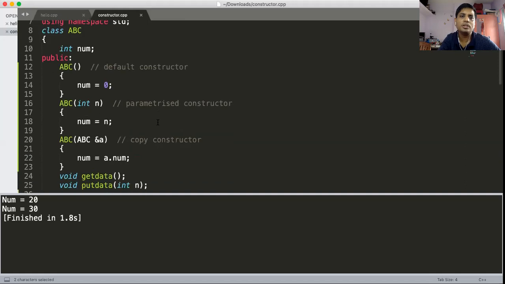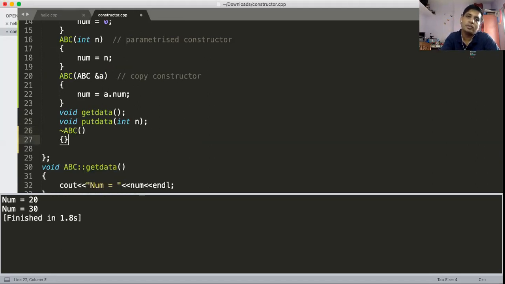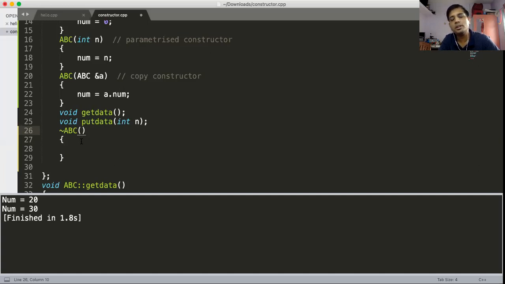Okay, so this is all about the constructor. The next topic is the destructor. Generally, the destructor is again a special member function, which has the same name as your class name but preceded by the tilde symbol. So to write the destructor, you should put the tilde here, and after that the default constructor syntax. The destructor should not take any parameter. Destructor arguments should always be zero.